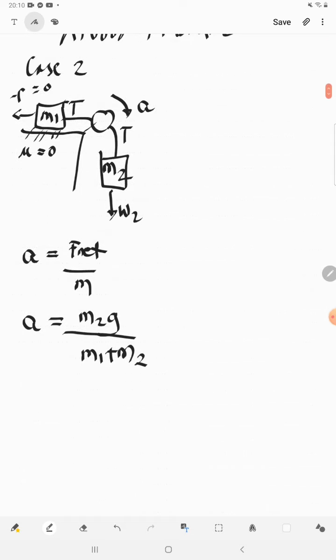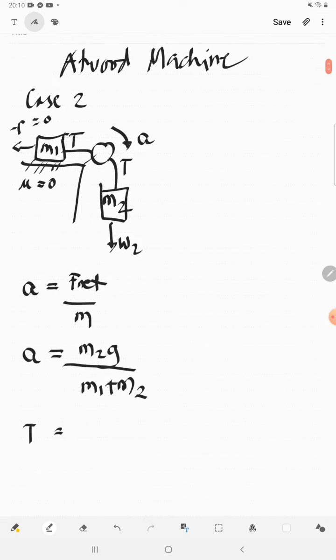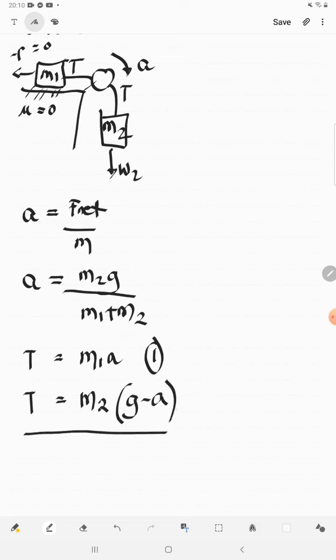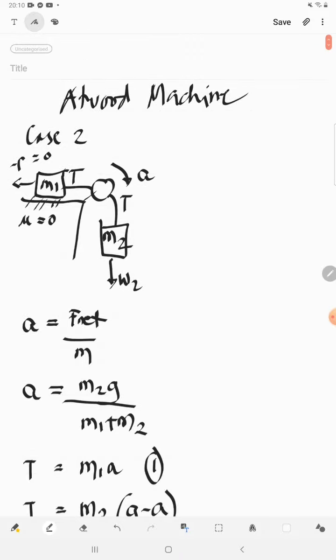To find the tension for M1, since there is no frictional force, T is simply equal to M1A. This is our equation for finding the T. And the equation for finding T across M2 is simply equal to M2(G minus A). Okay? So what about if our